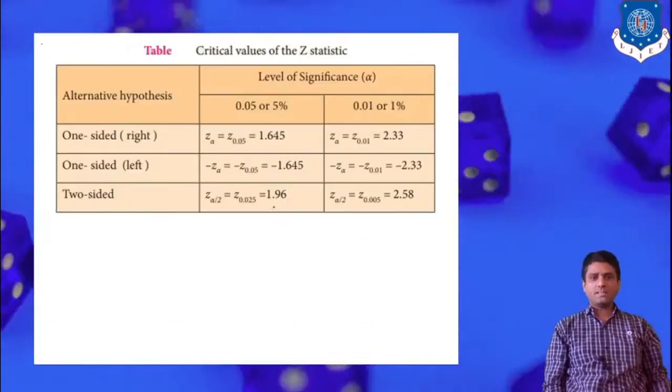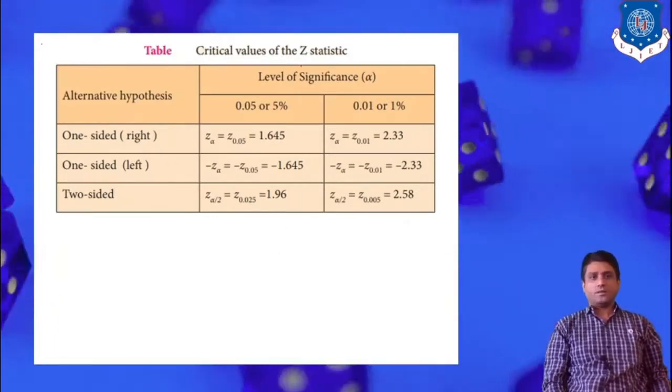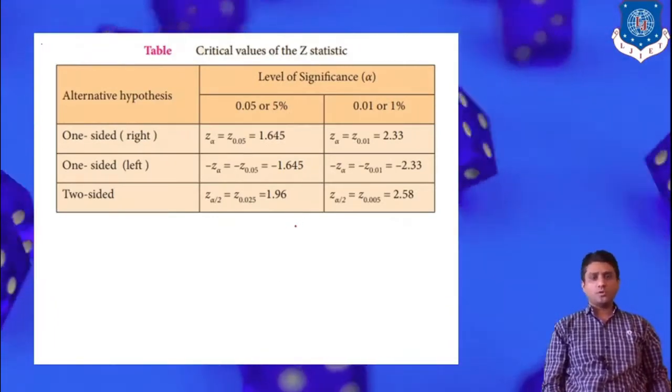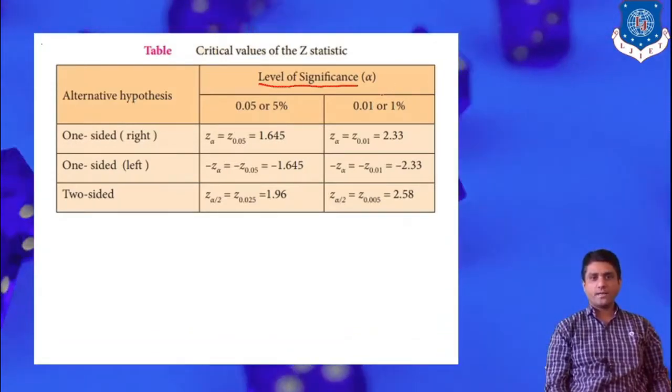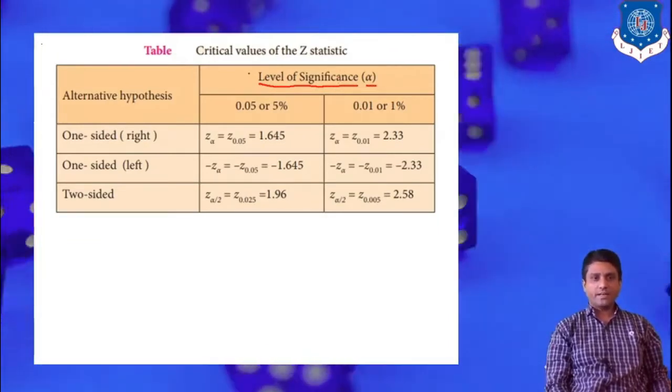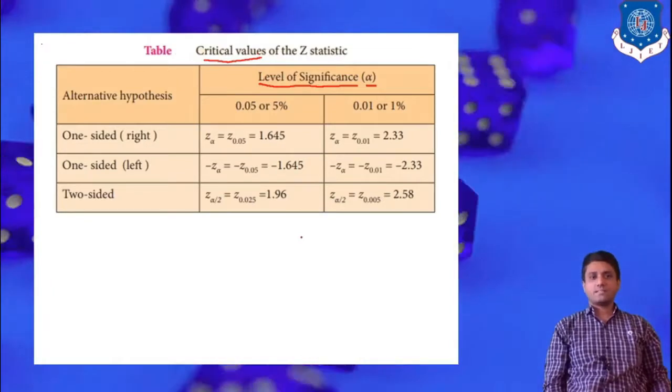so precisely here we have to highlight the critical value. So precisely in this lecture we have to discuss 3 points. The first one is the level of significance, which we have to explain and which is denoted by the Greek letter alpha. Now the second thing is the critical value and critical region.